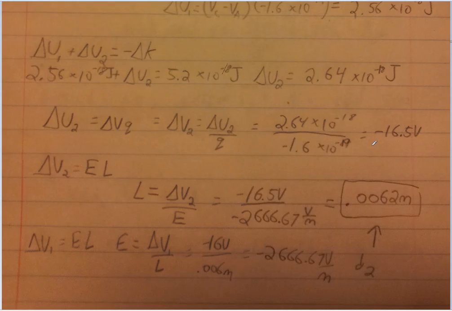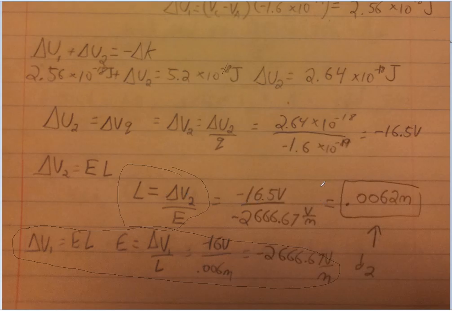And then we can use that potential difference to find the distance of the capacitors, since we know the electric field, which I didn't mention before, which is right here. Using the potential difference of area 1, dividing that by the distance between the capacitors gives us an electric field of negative 2,666.67 volts per meter. And since all the capacitors are the same, the electric field inside is the same for both areas. So we go back to finding the distance for the second area. We just divide the potential difference of the second area by the electric field, which is negative 16.5 volts divided by negative